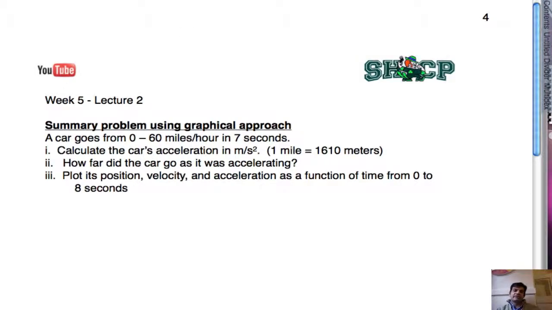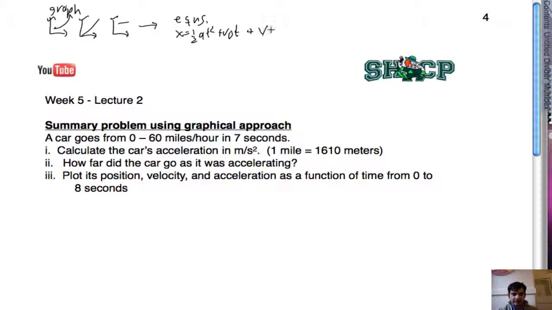So after that last video, the first video that we saw, I want to summarize what you need to know about solving problems for the exam itself. Because the whole point of the last video was to show you how to go from graphs to equations, like x equals 1/2 at squared plus v naught t plus x naught,